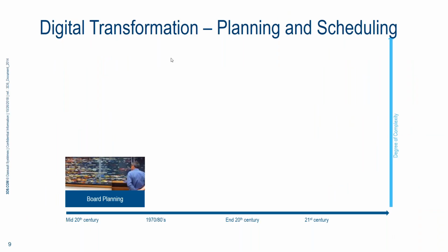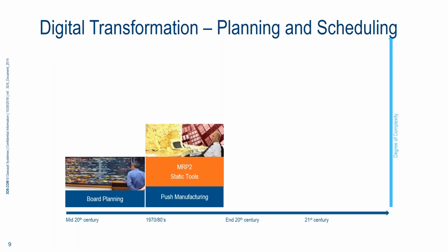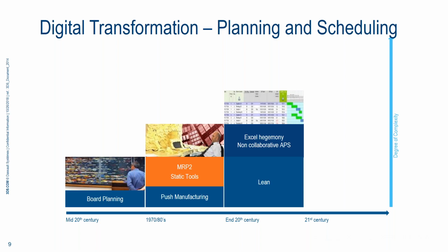Earlier, in the mid 20s, the typical planning was board planning. Then the transformation started, from board planning to Excel based planning, or you can say sticky note based planning. And now it is more in a collaborative way. The Excel sheets are good. They are more effective when used by a single person in a single mode, and the company is into a single product